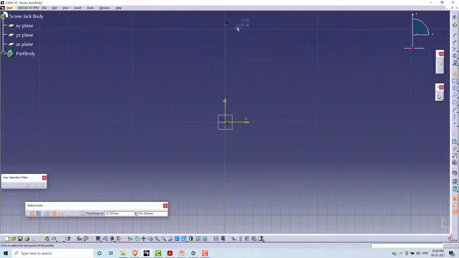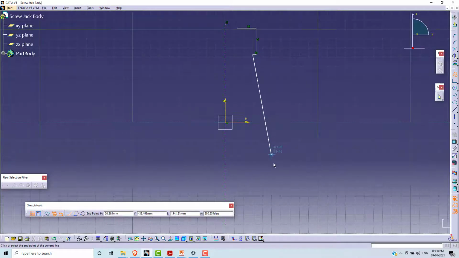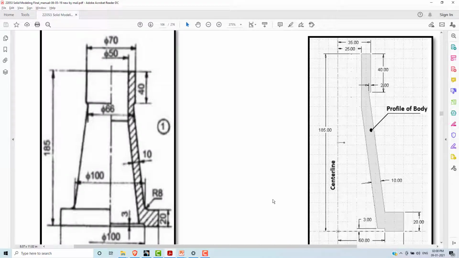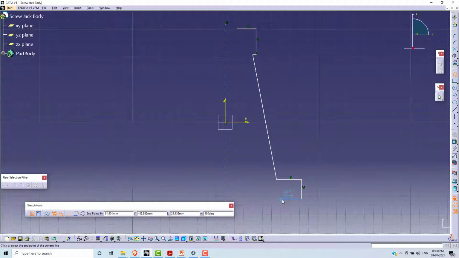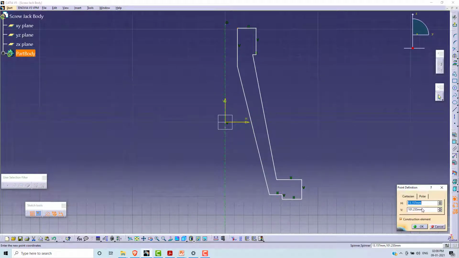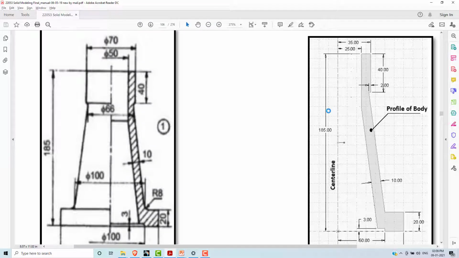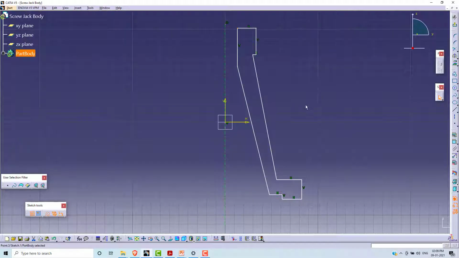Select the profile. This is the basic shape of the geometry.